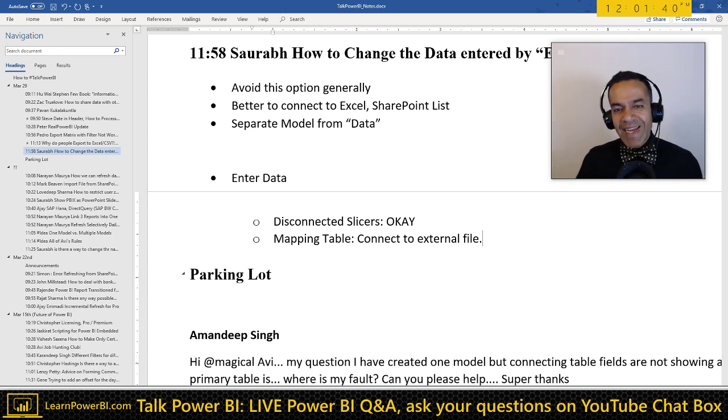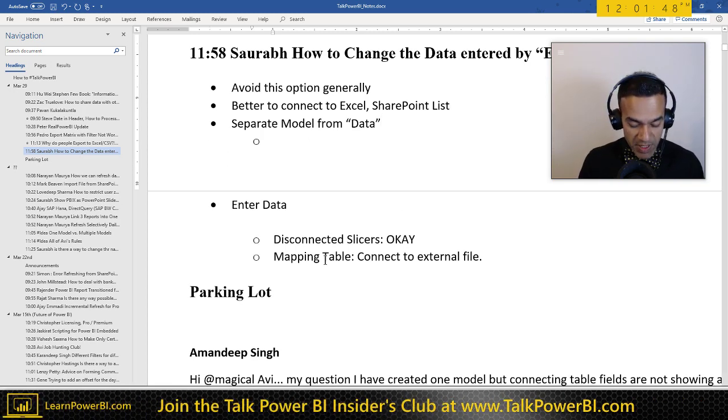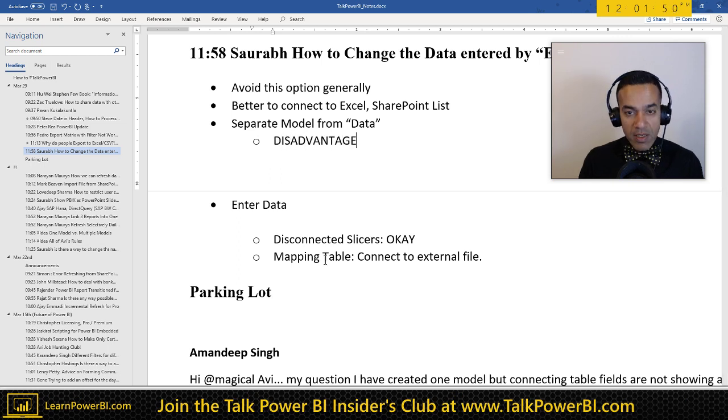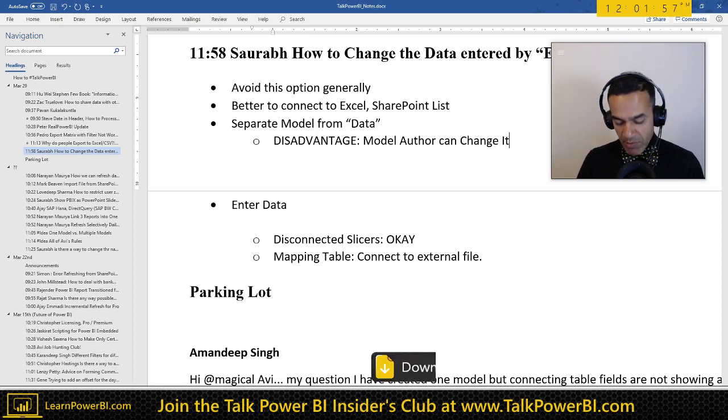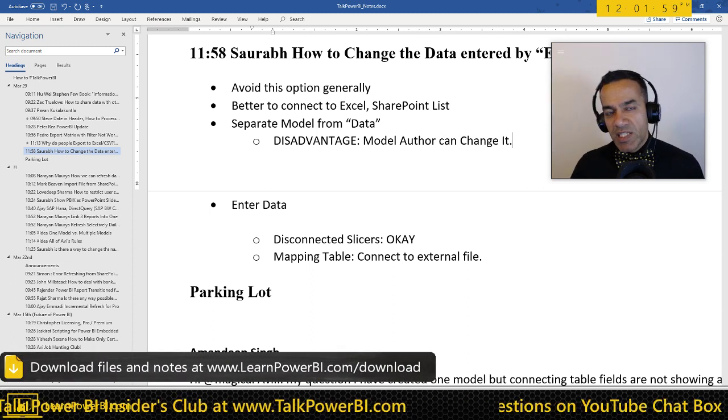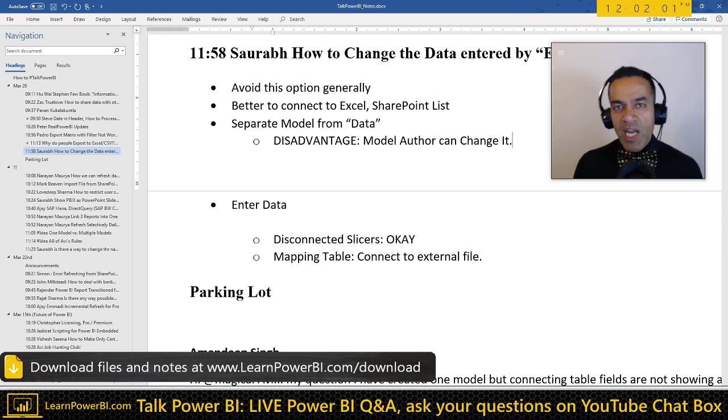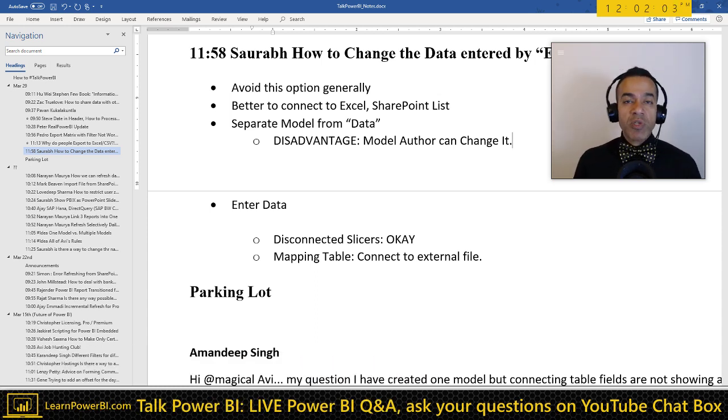When you build it into the model, it's part of the model, and only the model author can change it, right? So the disadvantage here is if you built it in here, only the model author can change it. So if it's like a mapping table or something, frankly, I don't want to create that dependency because, dude, if you're designing Power BI models, I want you to be the superstar in your company, all right?